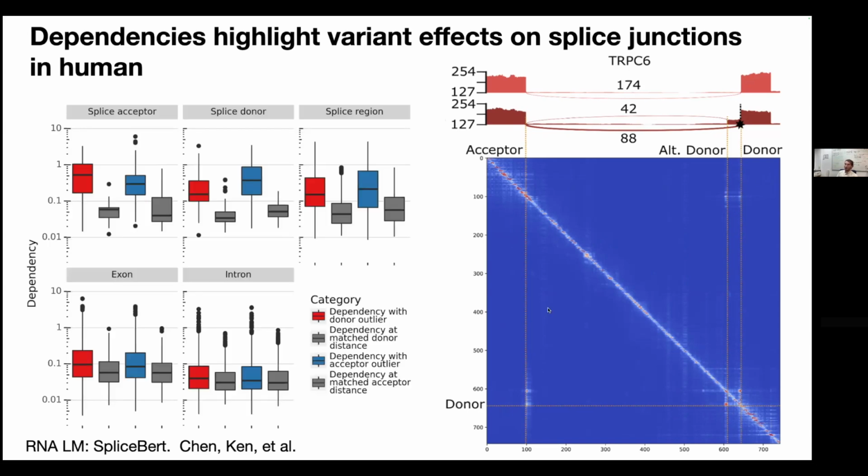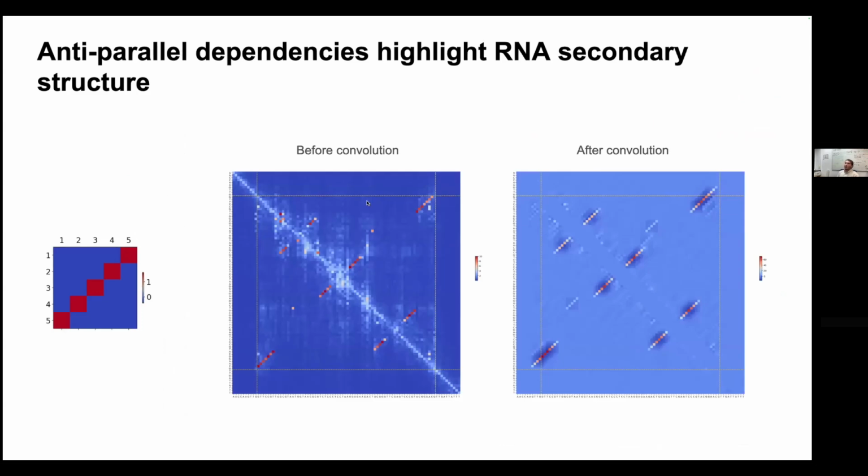And in fact, dependencies between a variant and the corresponding outlier junctions are higher than dependencies at matched distances for different categories of where the variant can be. So regardless of whether the variant is inside the intron, in the splicing regions, donor, acceptor, etc. All right, so other kinds of